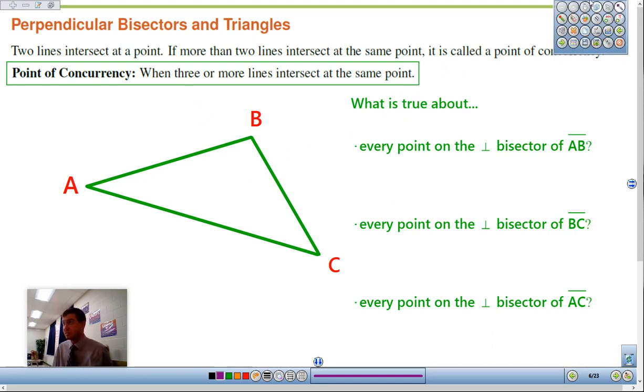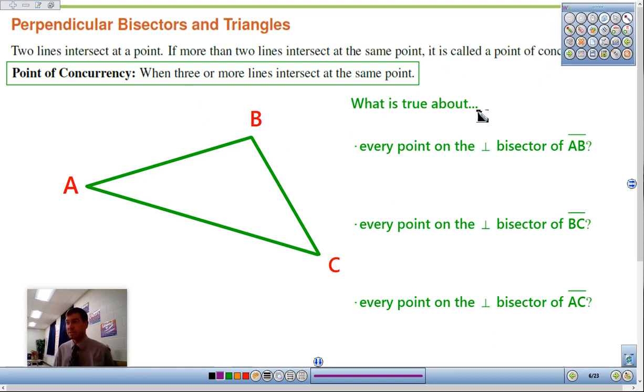Now let's look at this triangle, and we're going to use perpendicular bisectors. What is true about every point on the perpendicular bisector of segment AB? So think of this as just a segment, not a side of a triangle right now. If I drew the perpendicular bisector,